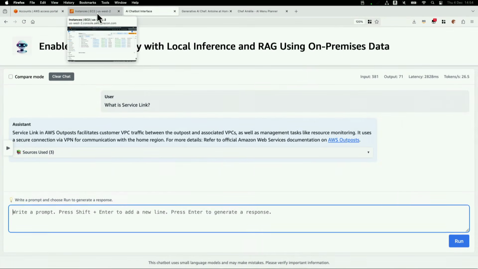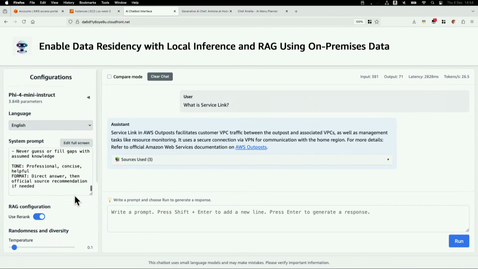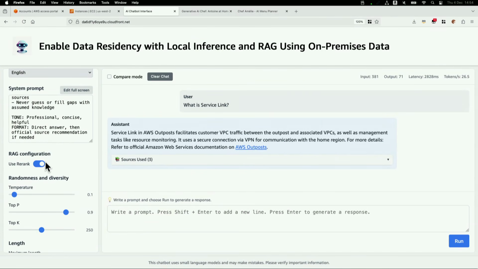Another important topic is the temperature. One thing that we observed is when we work with big models and we would like to have more creativity, you can increase the temperature. So we start with 0.7, 0.8, sometimes 0.9.